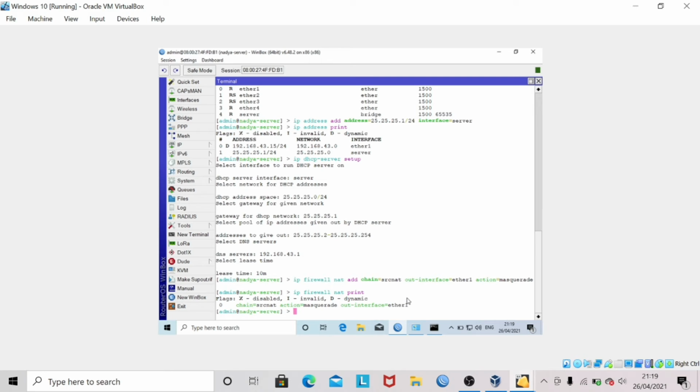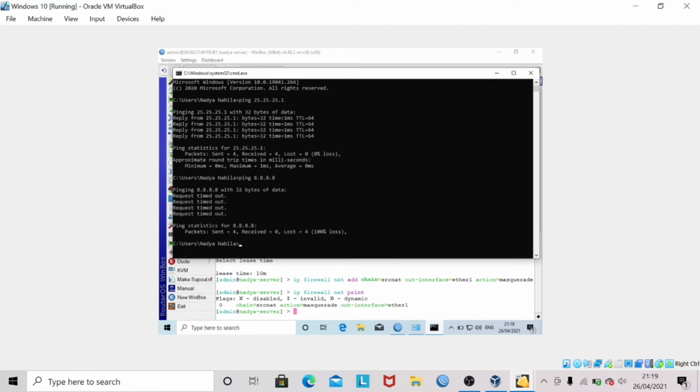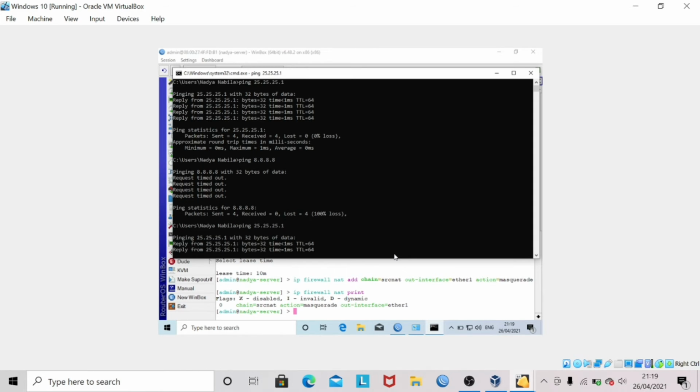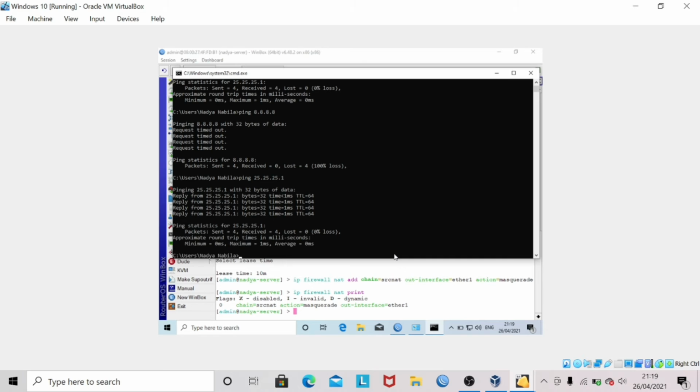After that, do the test by pinging the IP gateway, IP DNS Google, and google.com on CMD. Ping the IP gateway, and the result is reply.